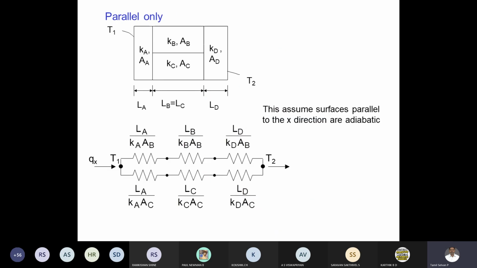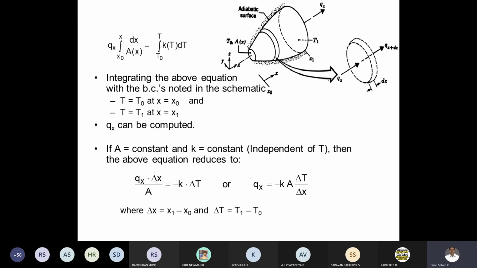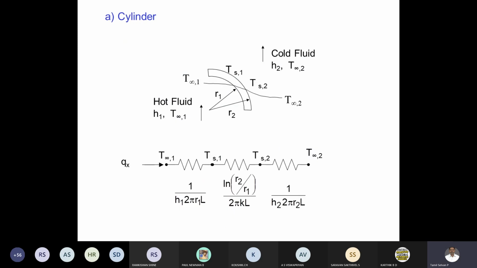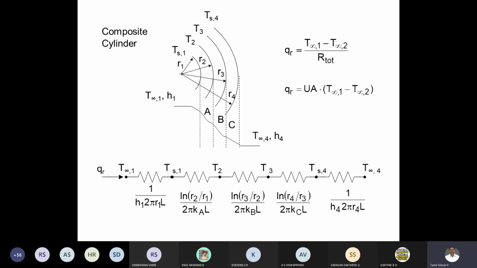So don't think that, sir, in the class you have solved only problems finding Q and interface temperatures, heat transferred and interface temperatures only. Don't say like that. Suppose you are asked to find the overall heat transfer coefficient, you should know that. Students,